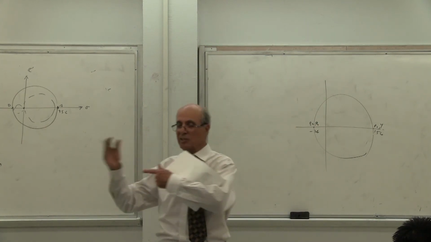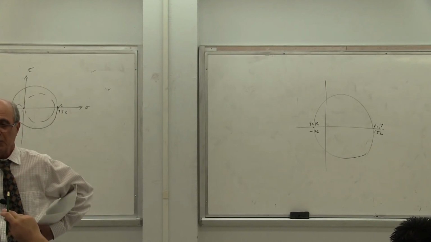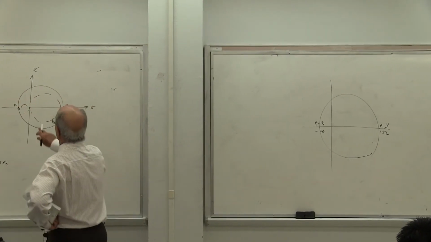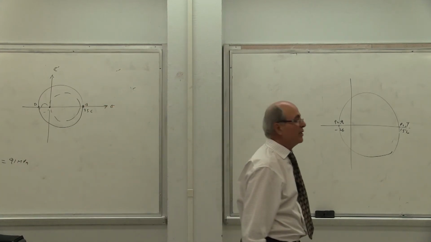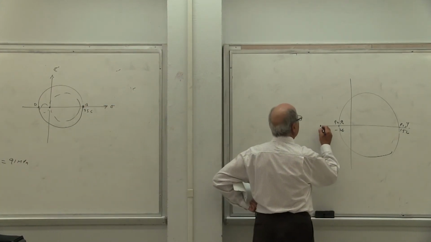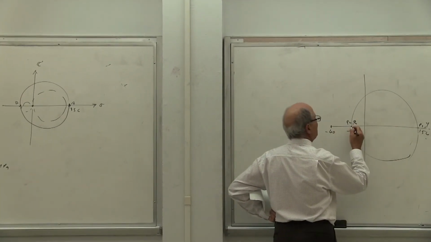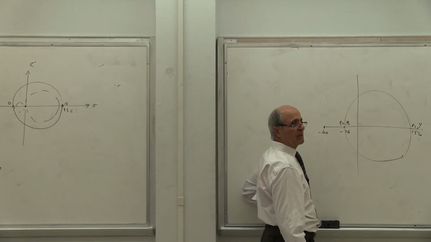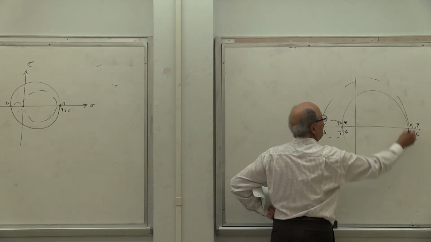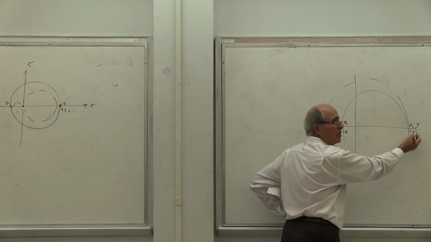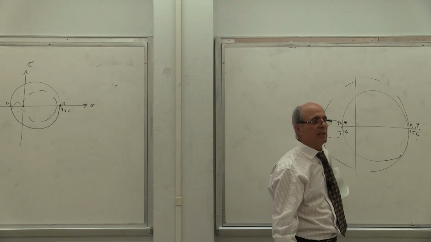Is that correct or not? x, y is the standard. We use x, y, and z. Is that correct or not? Yes? Now, what is sigma x? In this one, sigma x was equal to 0. In this one, sigma x is negative where? Negative 60. So if this is y and that is z, everybody understand what I'm saying? That if that happened, then this is the circle and that is the circle. This time the circle is between y and x. Everybody understand, which is out of plane.